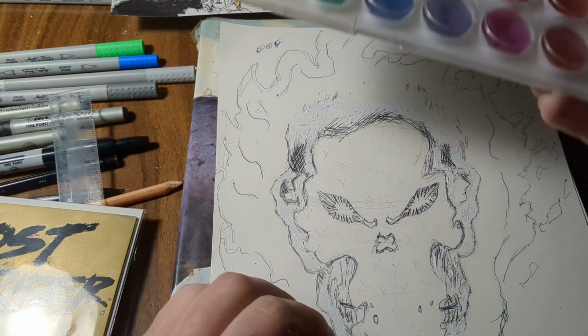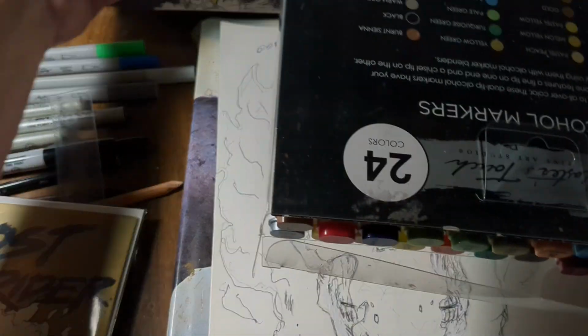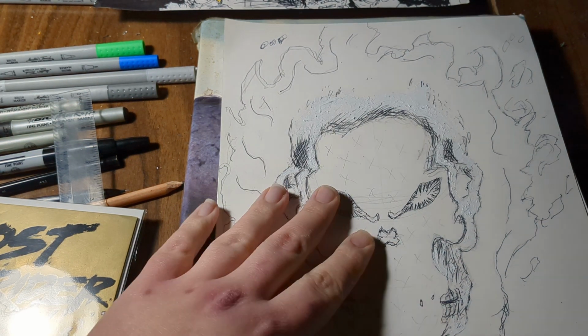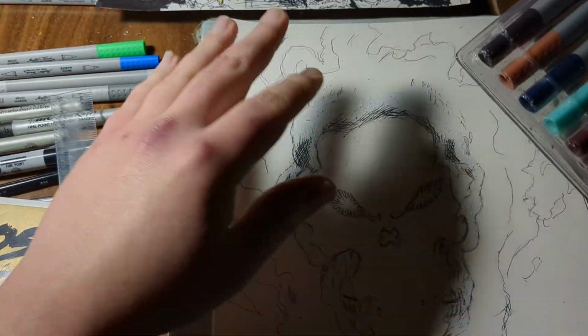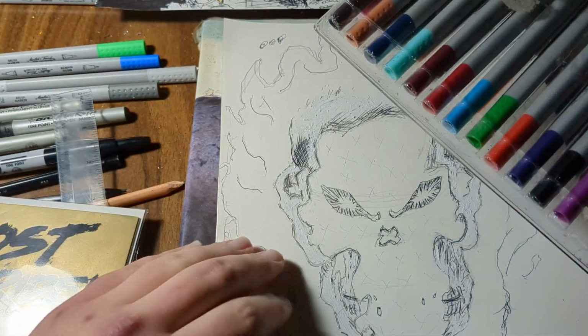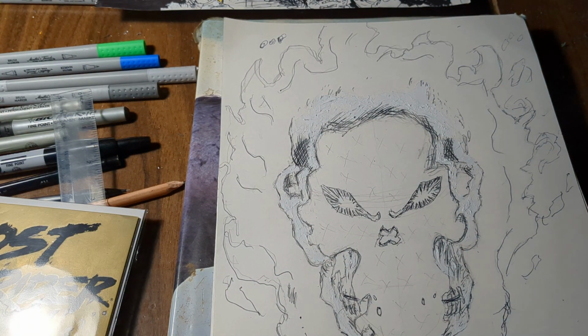I have a bunch of watercolor right here that my teacher gave me, and I've also got some alcoholic markers right here. I was gonna use that on this, but I decided not to. These are my markers. I can show you guys how to do it with this, because this has the orange that I can use on here. This has a type of color that I can't use for the...